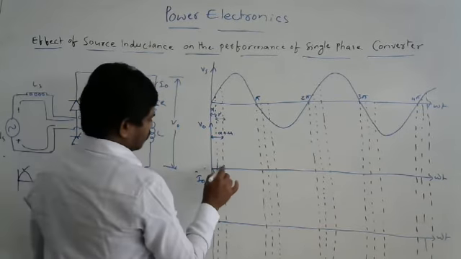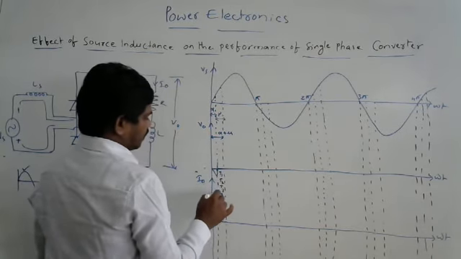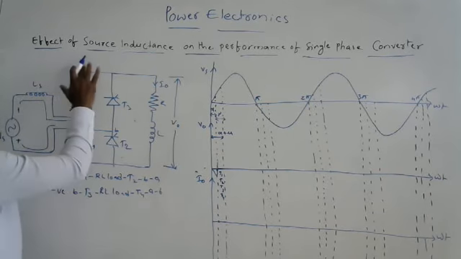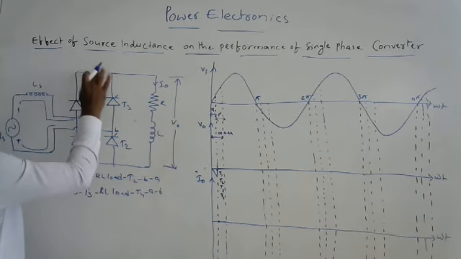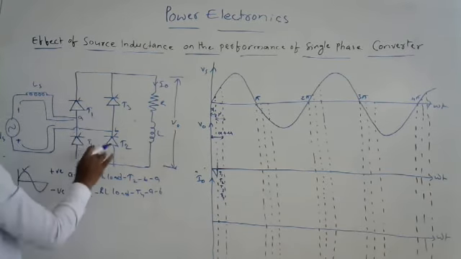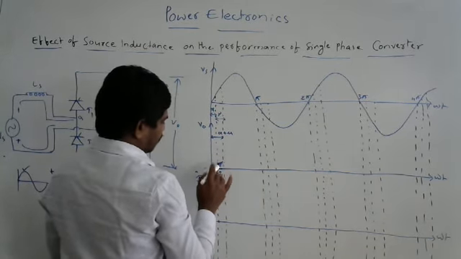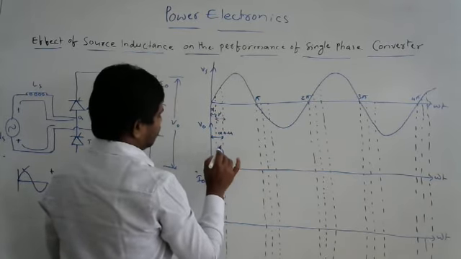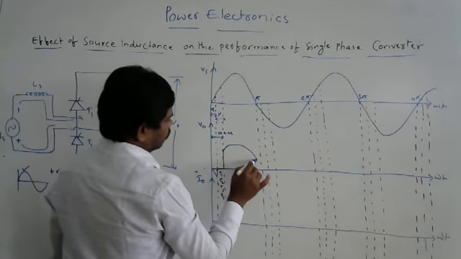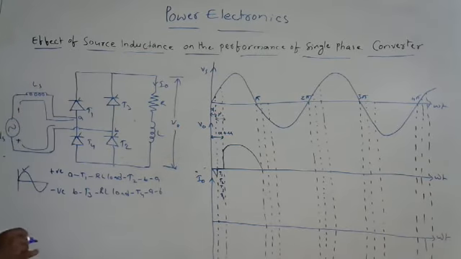During this duration, due to all thyristors conducting, there exists a short circuit and we won't get output voltage. Am I right? Whatever current is there won't go to the load side, it's only circulating through these two short circuit lines. Then look at this, after the overlap angle mu, we are getting the output voltage due to the conduction of T1 and T2.